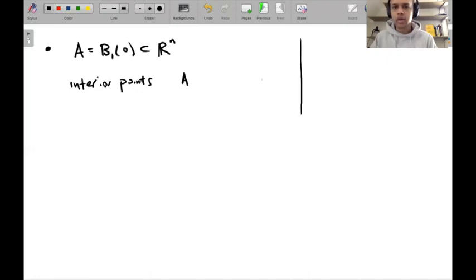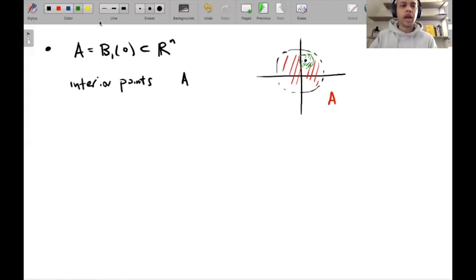I should draw it dotted to indicate the boundary is not included in A. So here's A here. Right, so any point in A is an interior point. You can find a small ball around this point, which is fully contained in A. Any point,